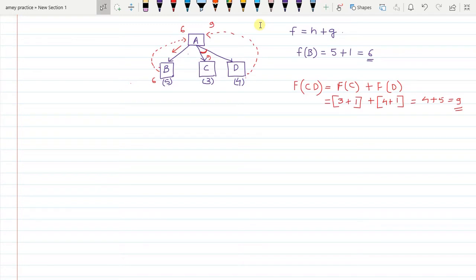In the next iteration, it decides to expand B. While it decides to expand B, the first thing it will check is whether B is a goal node, and if B is not a goal node, then B will be further expanded, and the same process will continue. So this is basically how the AO star algorithm works. Next we are going to see a full-fledged problem, wherein I will be using these principles and solving the problem.